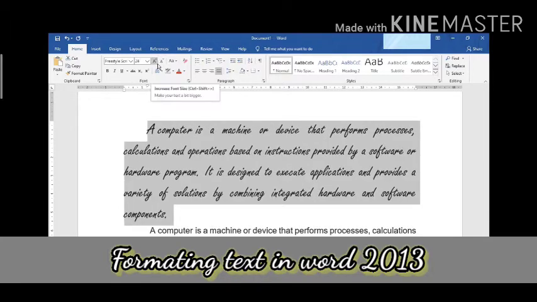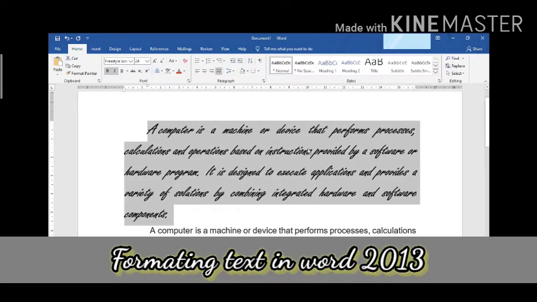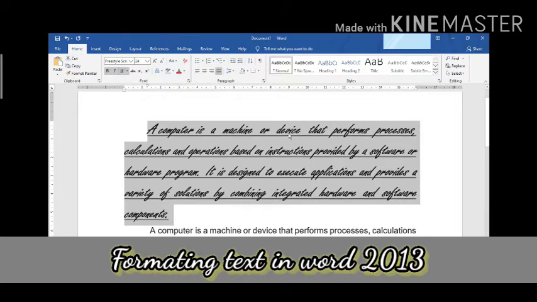So that is font size. Here also you can use the shortcut key Ctrl plus Shift plus the decreasing sign. We can bold this paragraph by clicking on B, italic by clicking on I, and we can underline it by clicking on the U button.